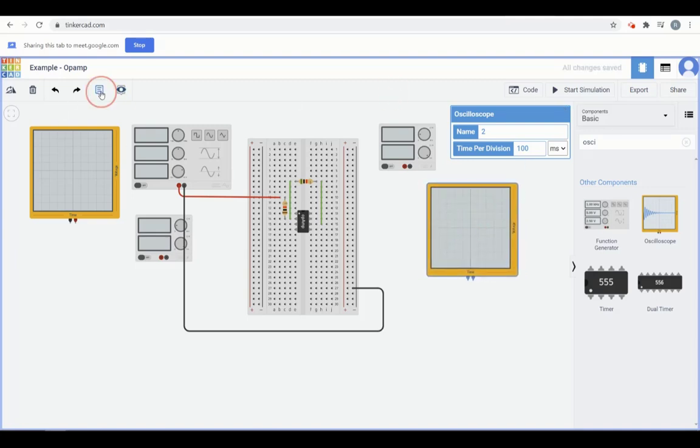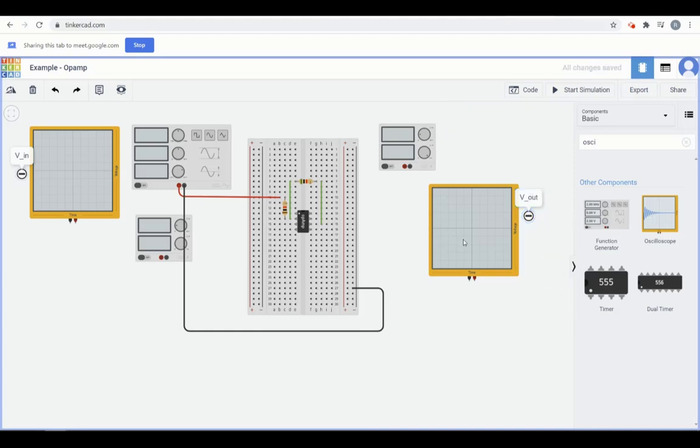Let me also put some annotations here. This is my V in, and this is my V out. Now I need to measure output across what and what? Across ground and V6, pin number 6.